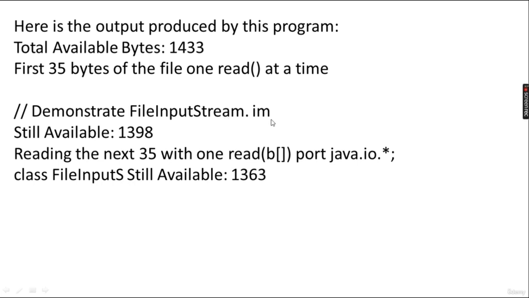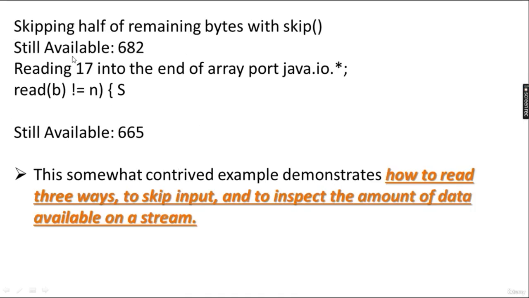So at most 32 bytes are read, and after that next 35 with one read, port java.io. Here port java.io. Next 35 with one read, class file input as. Okay, so these are the 32 or 33 maybe, and after that available is 1363, skipping